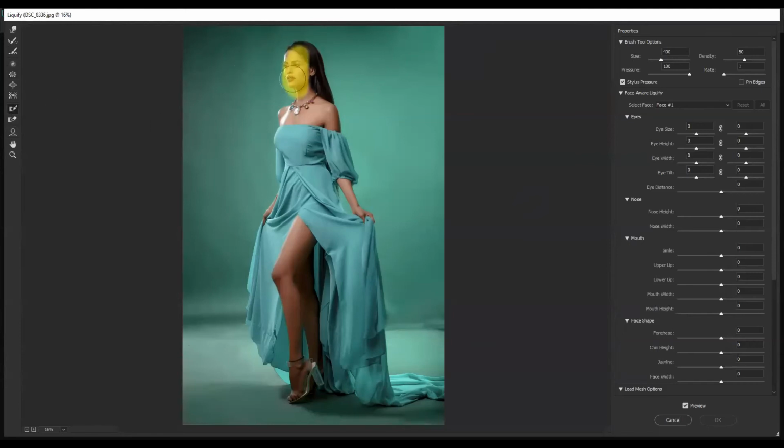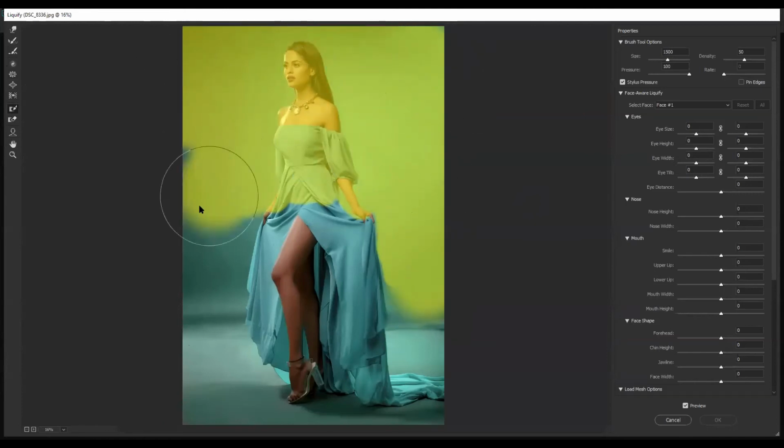We put a freeze over here, this area. We put a freeze over here also. And suppose the areas you want to remove a little from the freeze area. Now you can see if I use liquefy in this area, it won't work.